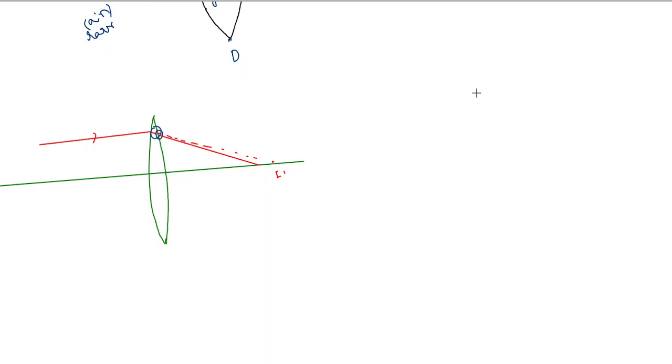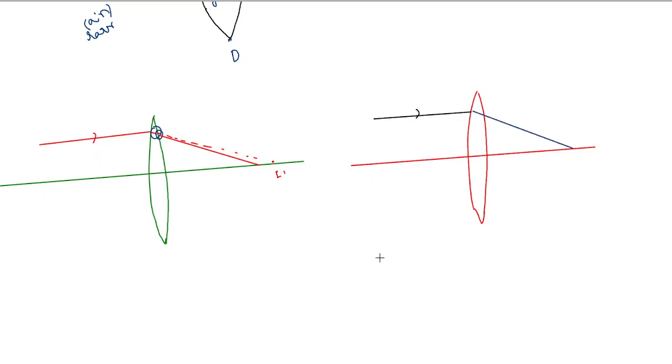Most books will show only one refraction, and they will show it at the first surface. That is, if a light ray falls on the first surface like this, light refracts and an image is formed somewhere here. This is what many books will show. This is the first case. So we are not showing the refraction at the second edge. This is what we show for diagrammatic purposes, but do keep in mind that even here light is refracting. So this is one way of showing, where we show it only at the first